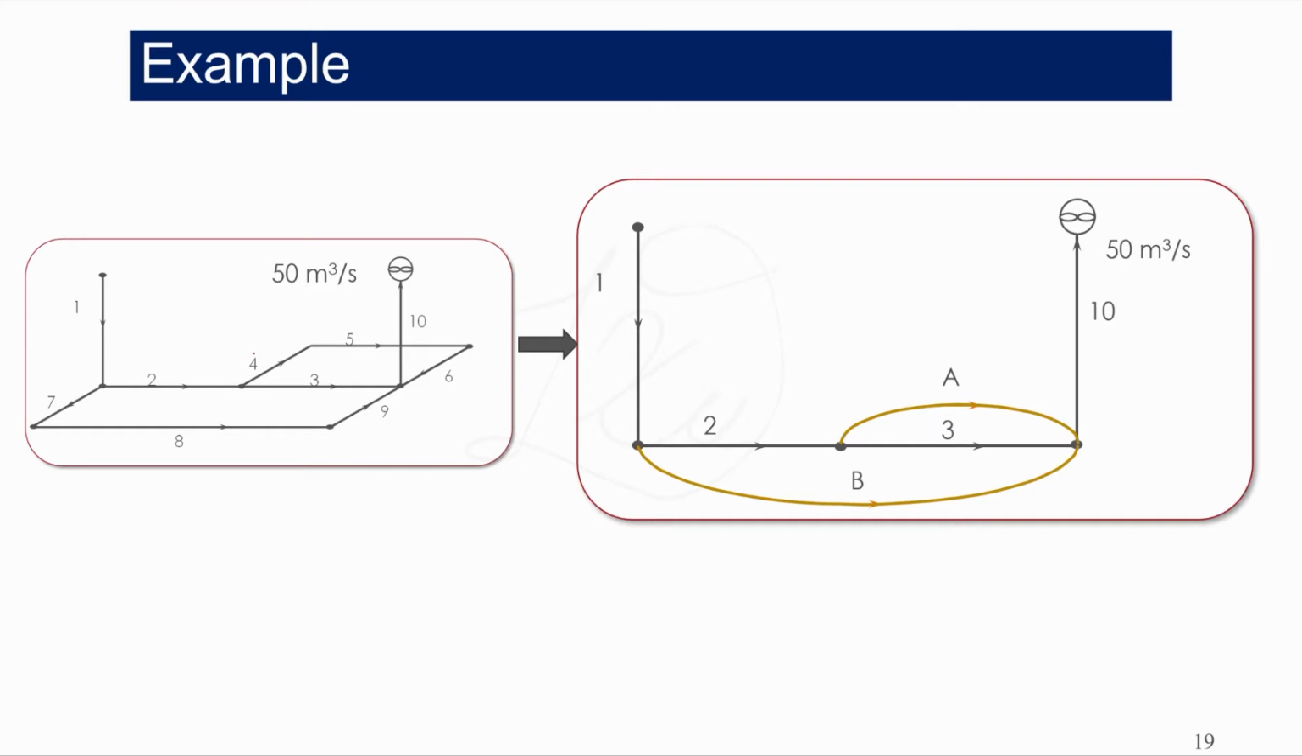As you can see, airways 4, 5, and 6 are in series, and airways 7, 8, and 9 are in series as well. We can reduce airways 4, 5, 6 to airway A. We can reduce airways 7, 8, and 9 to one single airway B. Using the equation, we can calculate the resistance of airway A. RA equals R4 plus R5 plus R6